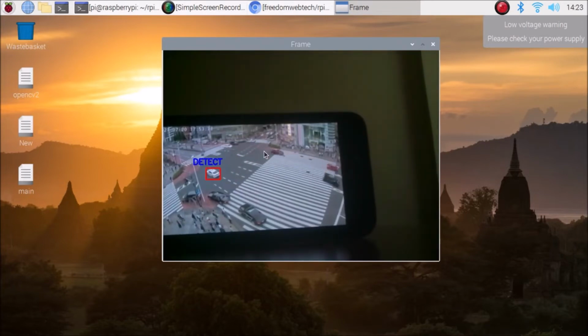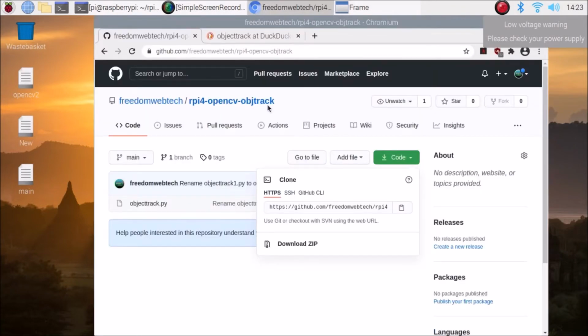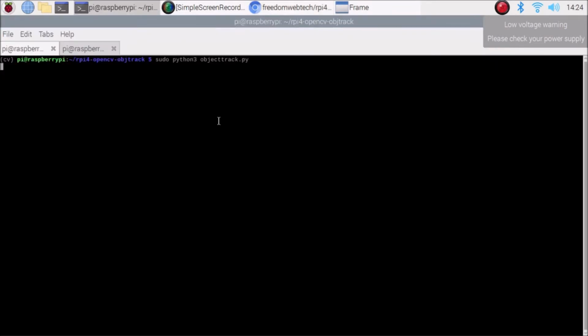So I have a repository here, friends. I will mention the link. You need to simply clone that repository. It is rpi4 OpenCV obj track, and inside that we have our file. Go to the code, copy the link, then open the terminal and run the command sudo git clone, which we always run.